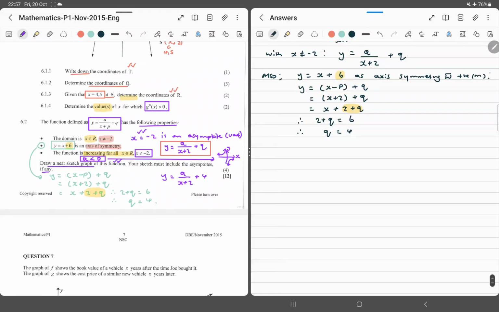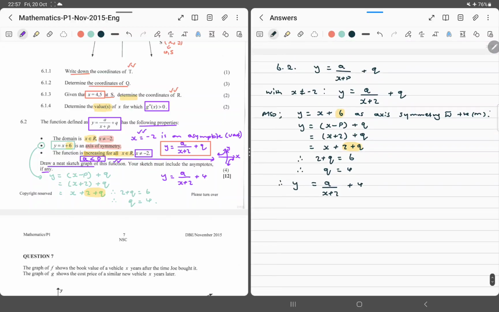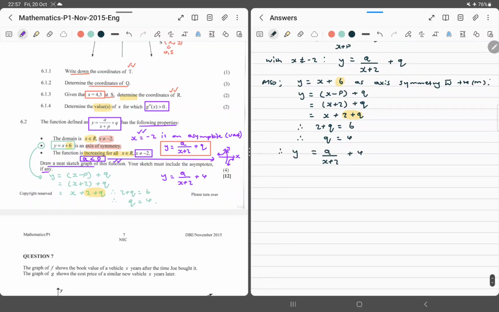So we can say, therefore, y is basically a over x plus 2, plus 4. So you are just pouring your reasoning now, because for us to do the sketch we need to show a lot. Okay, because they say show all your workings. You get me? Now the next thing, we know that if